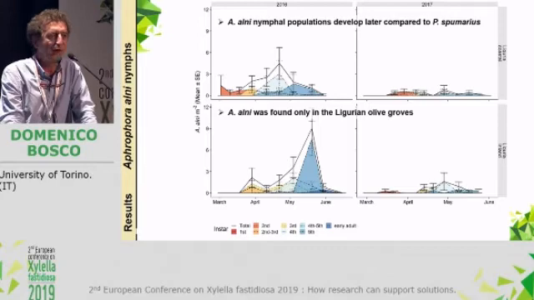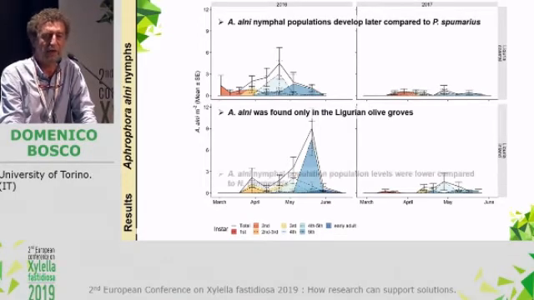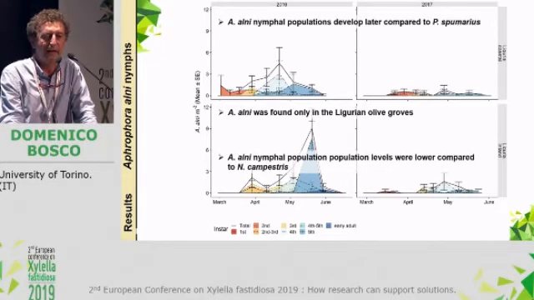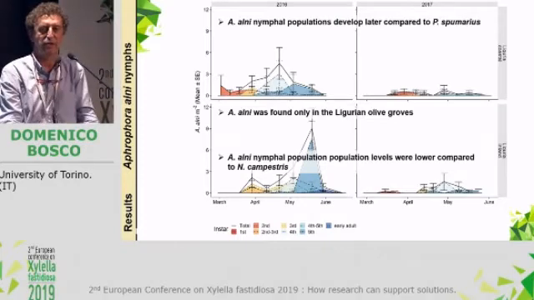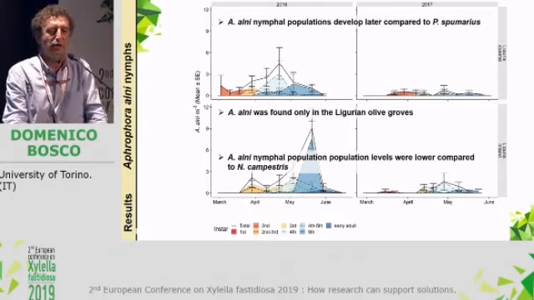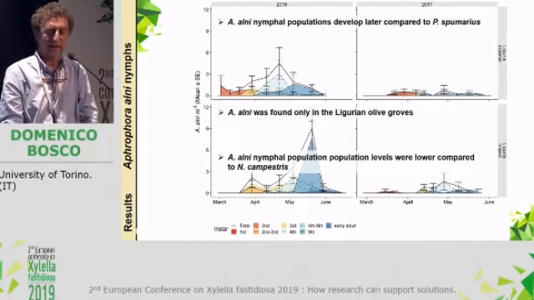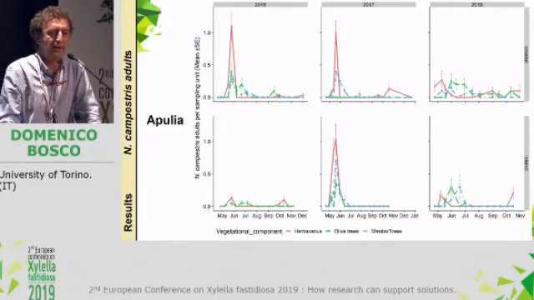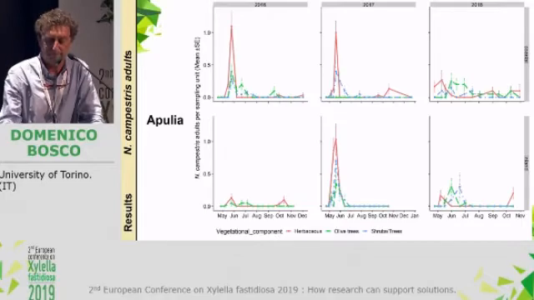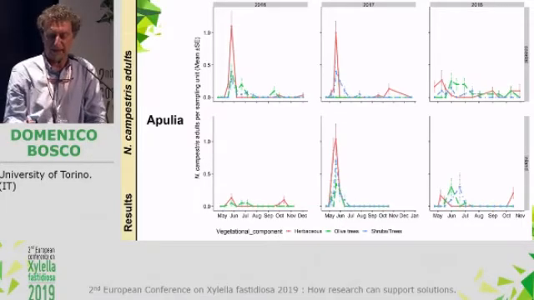This species was found only in the Ligurian olive groves and never in Apulia. And the population level of this species was lower compared to Neophilaenus campestris. So, ranking for importance, by far Philaenus spumarius has the highest population in olive groves, then Neophilaenus, and finally Aphrophora alni, if any. As for the adults of Neophilaenus, we have this pattern in population dynamics